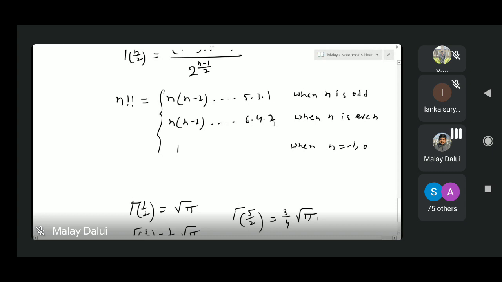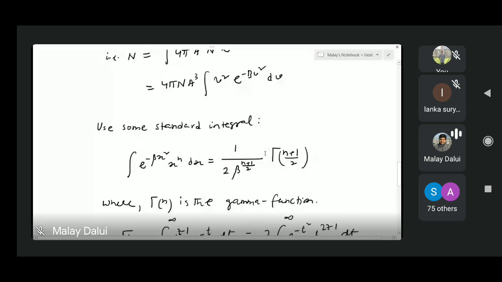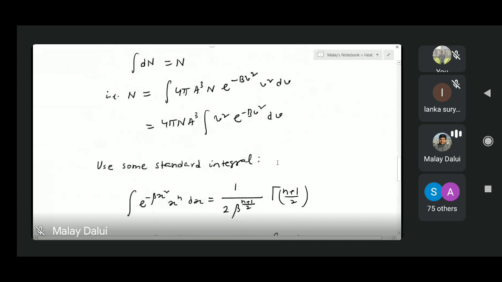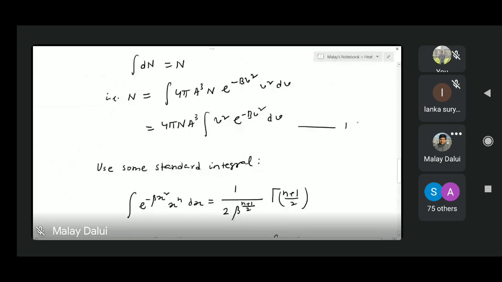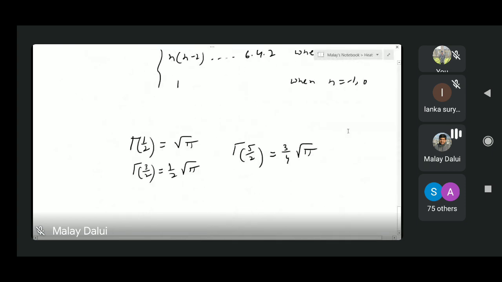Okay, so far so good. Actually, we wanted to determine the constant, evaluate this integral, which I said, let's say this is equation 18. So using the property of gamma function from 18, we can write